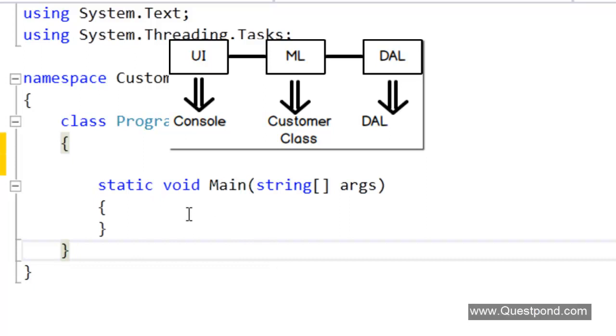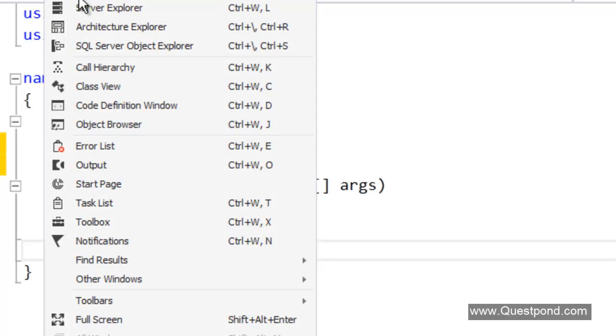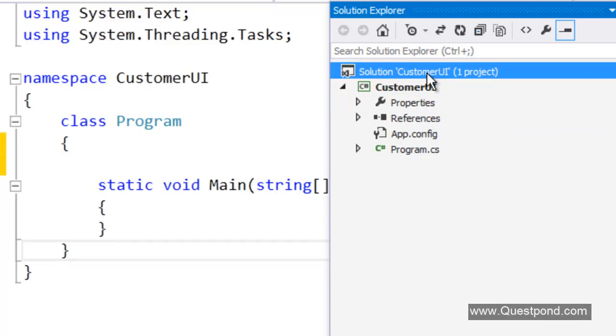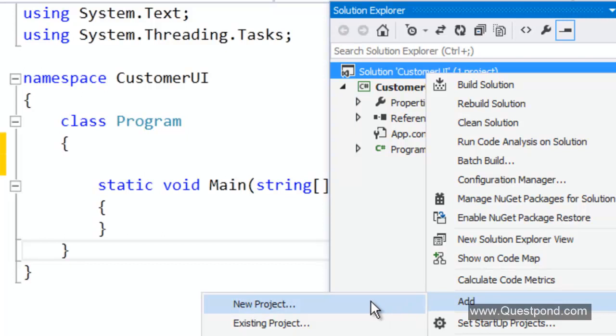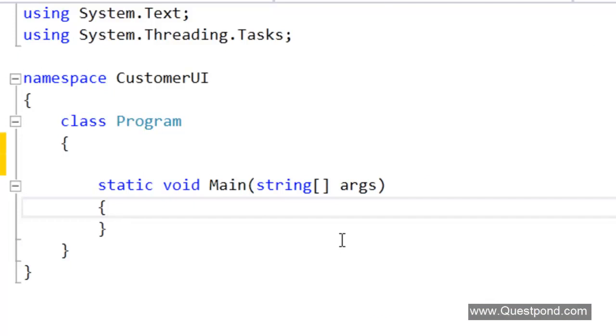Let's say this console application talks to a middle layer or a business component called the customer class, and the customer class internally calls a data access layer. Now in professional or enterprise applications, when you create these 3 layers, you normally create them in new class projects. In other words, if you're creating a middle layer, you go to View, Solution Explorer, and add a new class project. If you want to code a data access layer, again you add a new project, and you put those respective classes in those projects.